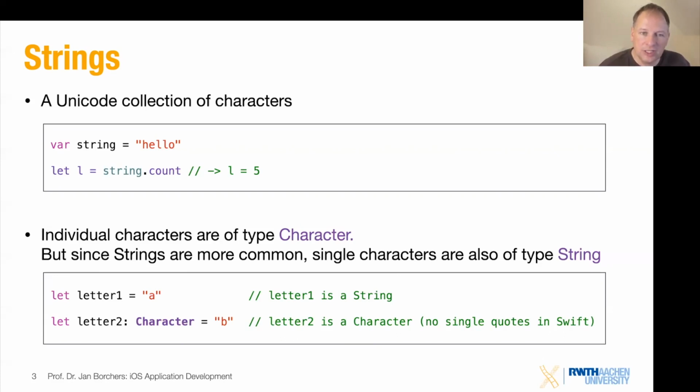But if you want a single character string to actually be of type character and not of type string, you need to tell Swift, right? So you see the first line down there defines letter 1, and that's a string variable because that's how Swift type infers this. Letter 2, we told it that we want this to be of type character, and we initialize it to a single letter string, which is possible. A single Unicode symbol, I should probably say, to be precise. So this is a little weird, maybe.